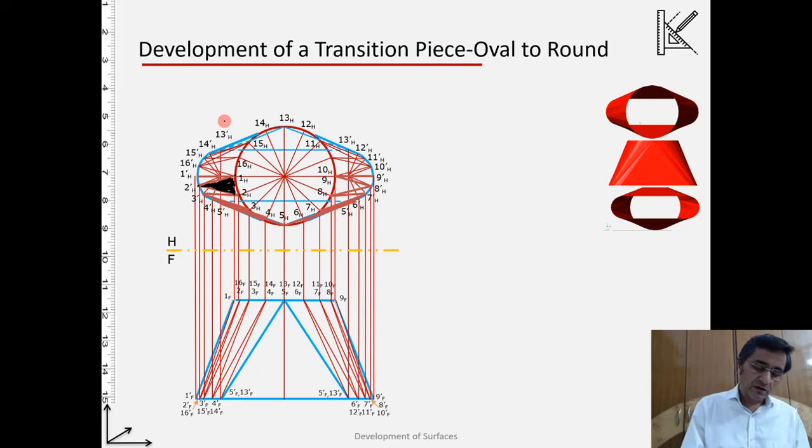So please understand, when I am putting dash here, 2 dash, that means the point is on the bottom oval. Okay, simple 2 point is on the top circle. So we have a triangle 1, 2, 2 dash. Similarly, we have a triangle here 1, 1 dash, 2 dash. So you can think of again another triangle here which has been shaded, which is 1, 1 dash, 2 dash, and 1. Okay, so 1 dash is on bottom oval, 2 dash is on bottom oval, 1 is on top. So one triangle here, another triangle here, and so on.